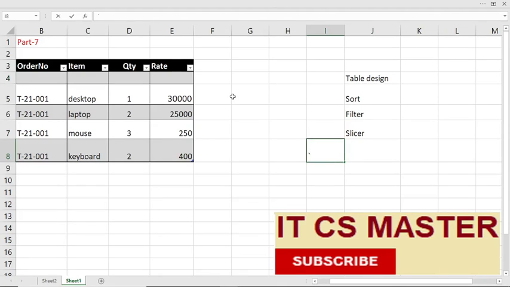So today we are going to see the seventh part of the Excel series. In the previous videos we have already covered six videos, and today is the seventh. In the last video we saw how to create a table. So today the next topic is also table. We will see advanced features of table. So let's begin today.